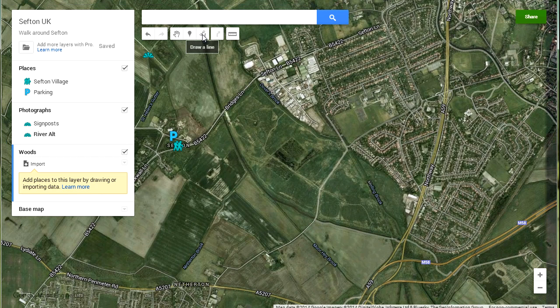I'm going to choose the draw line, and I am going to start in the corner here on Bridge Lane, and I'm going to surround the area that is the woodland. It's part of the Mersey Forest. When we first moved into this area, it was actually a